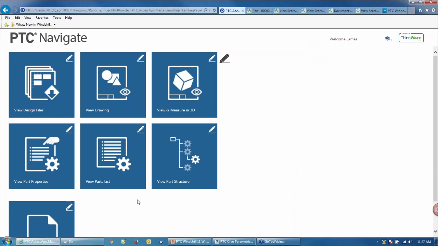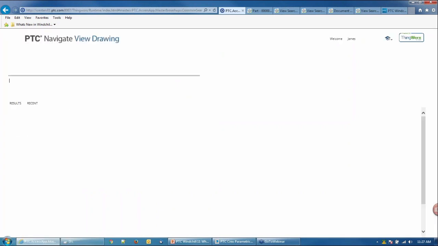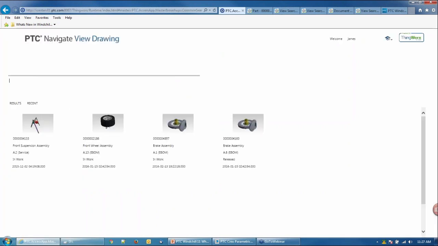have time for today. So we have apps such as viewing neutral data or design files that might be related to a part. We'll take a look at view drawing and view product structure. You can also have view a parts list or just individual part properties with the PTC Navigate View apps. So let's take a quick peek at the view drawing app. And again, these were designed to be very simple applications where you input